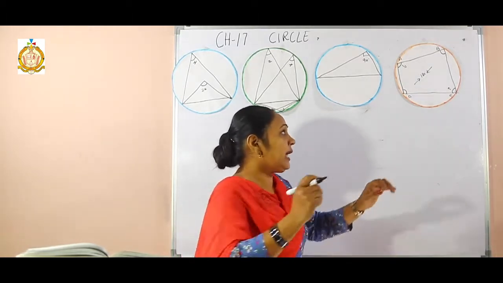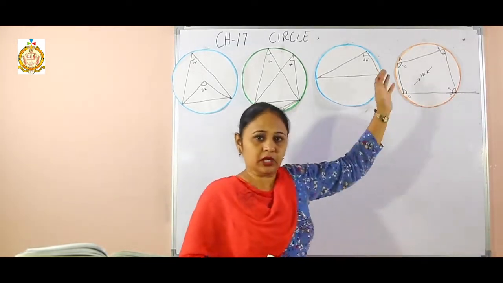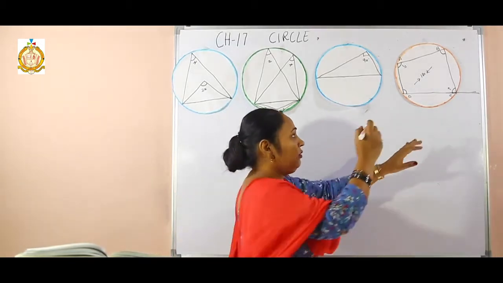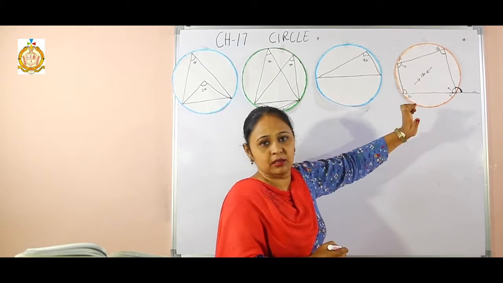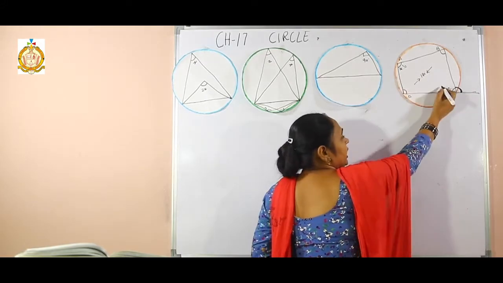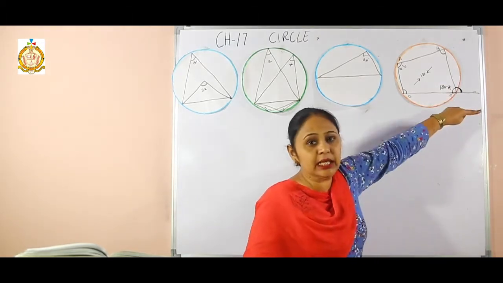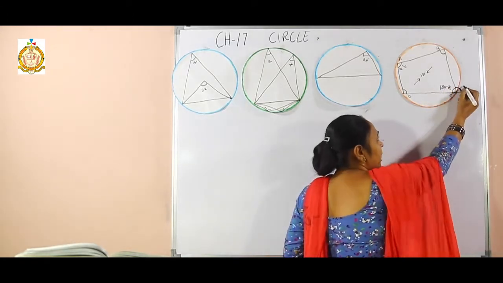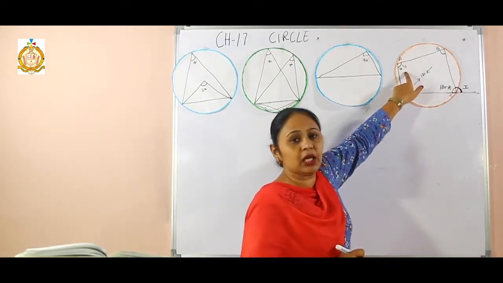Then our fifth property, the exterior angle. Now where is this exterior angle? If I come outside the circle, outside the quadrilateral, we know that outer angles are called exterior. This exterior angle will be equal to the opposite interior angle. Now how? See, this sum will be 180. If it is x, then it becomes 180 minus x. Now again if we see, here will be a linear pair. That means this sum again will be 180. This is 180 minus x, so it will also be x. That means the property: exterior angle will be equal to the interior opposite angle.